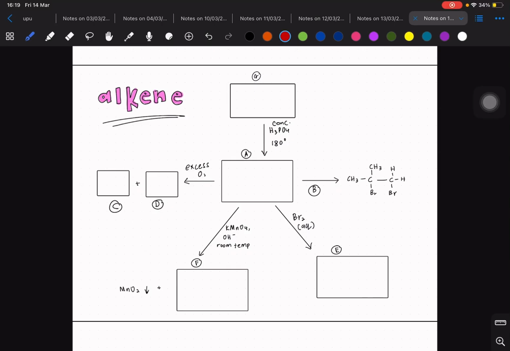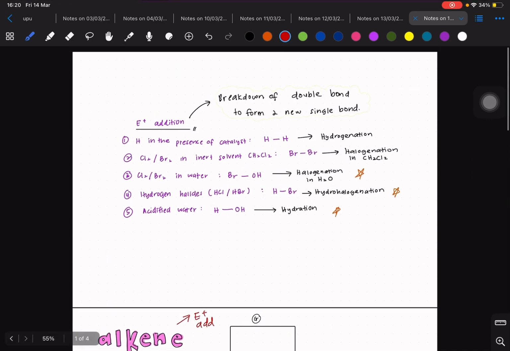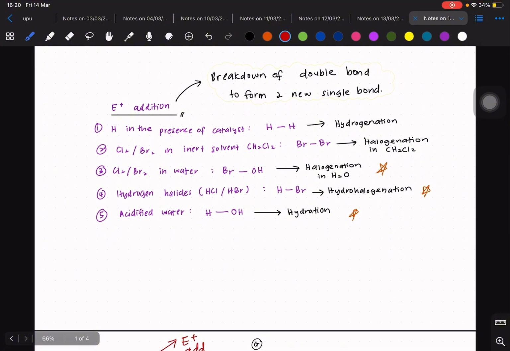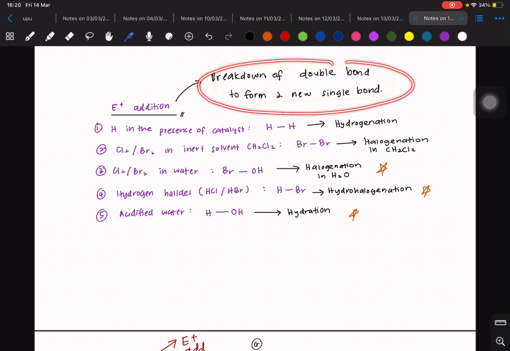Okay, so for today's video, we'll be discussing the topic of alkene. First things first, we know that the type of reaction for alkene is electrophilic addition, and there are 5 reactions of electrophilic addition. First, we must know that electrophilic addition is the breakdown of a double bond to form 2 new single bonds. For example, right here, the double bond will break down and form 2 new